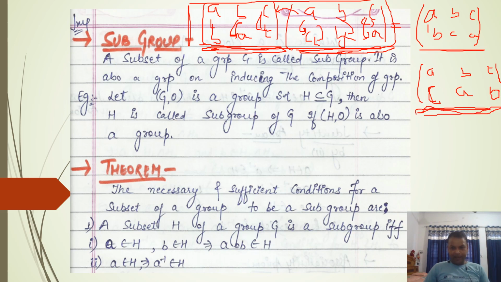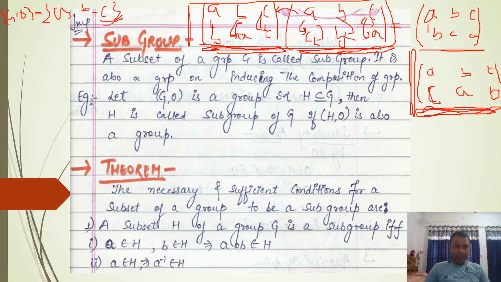So until I clear how to find the product of two permutations, we will start a new topic which is subgroup. So we will discuss subgroup. Before starting subgroup, let us discuss something on group. Let us say we have a group G. G is a set and its elements work under a user-defined or given operator O. O may be any type of operator and suppose G has three elements A, B and C.